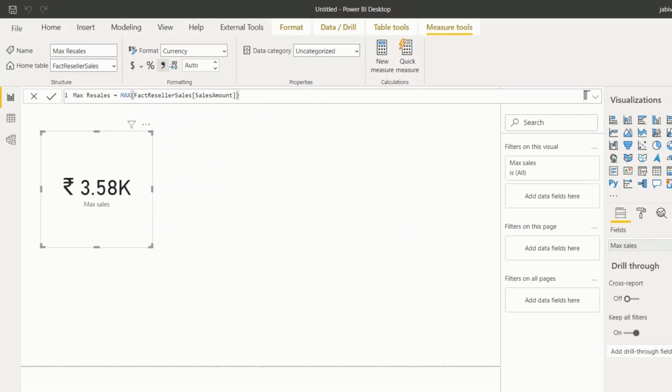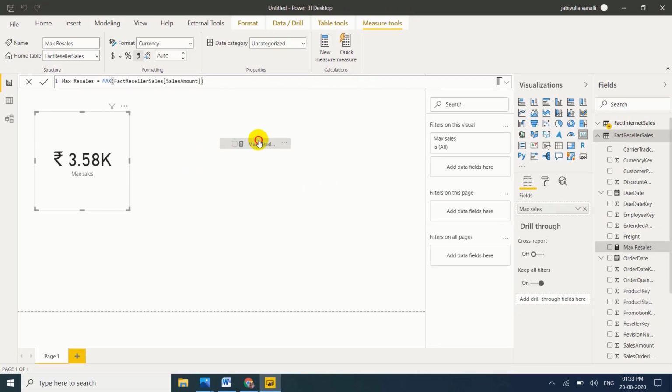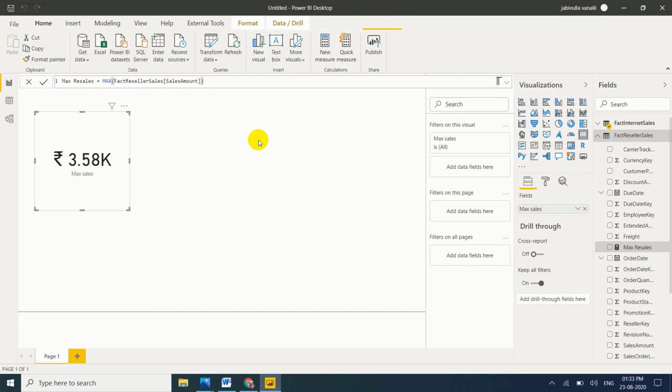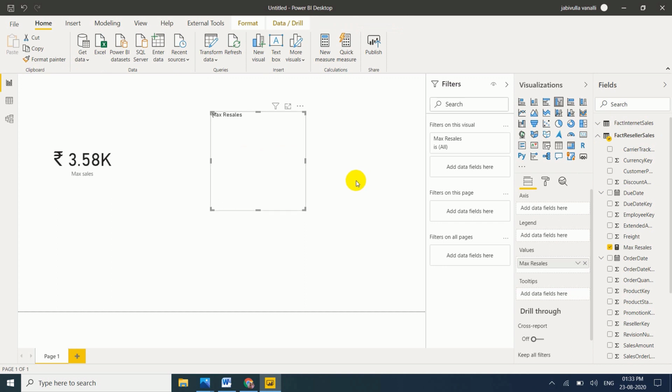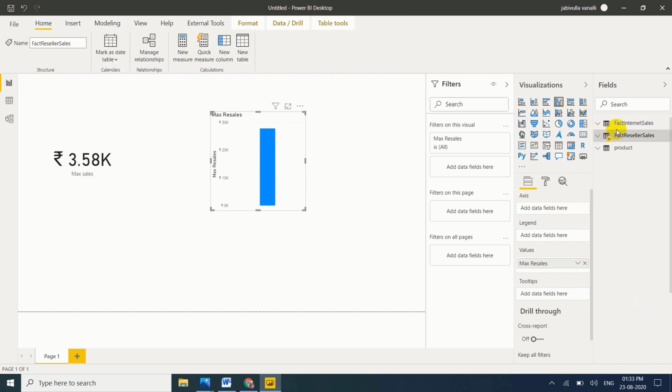Now let me drag it to report view. Now we have two sales amounts: one is the maximum sales amount from FactInternetSales and the other is the maximum resales amount from FactResellerSales.